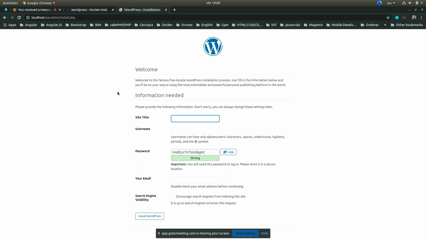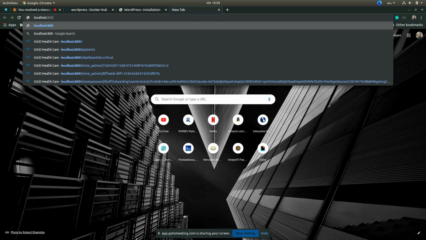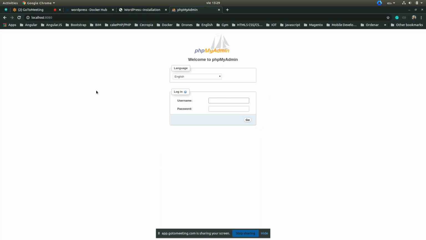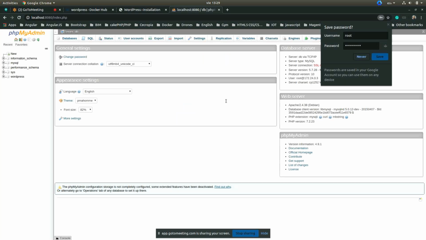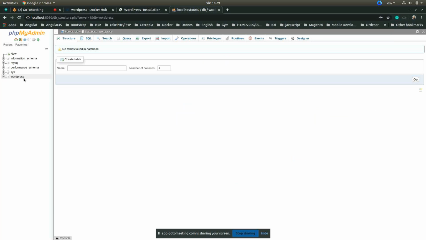So, if we go to localhost:8080, here is phpMyAdmin running, and the user is root and the password is password. And you can see the WordPress database created, but no tables are created yet.